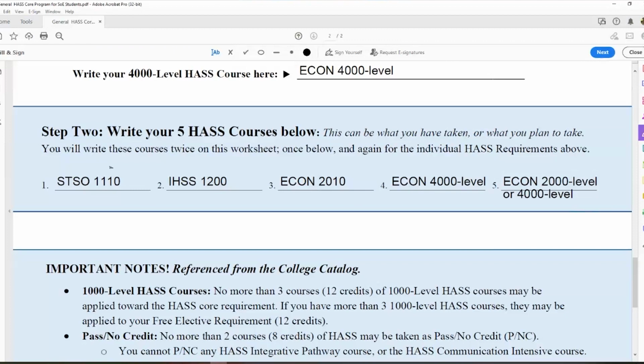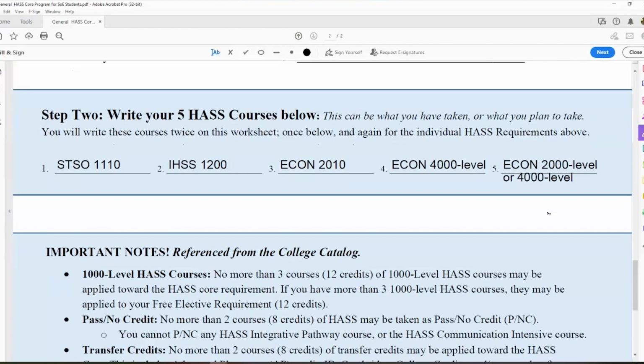It's going to complete my communication intensive and my HASS inquiry. It's going to complete my pathway with these 3 classes. It's going to complete my 4,000 level, and it's going to complete a minor in the mix. So with all of that being said, that is how you go through the worksheet and fill it out for